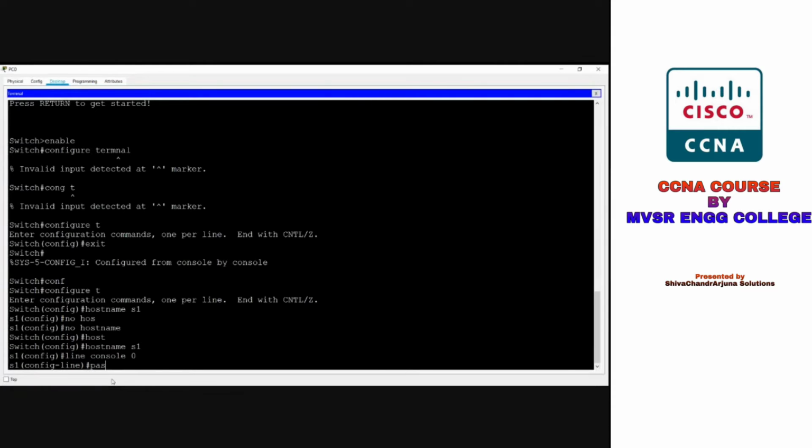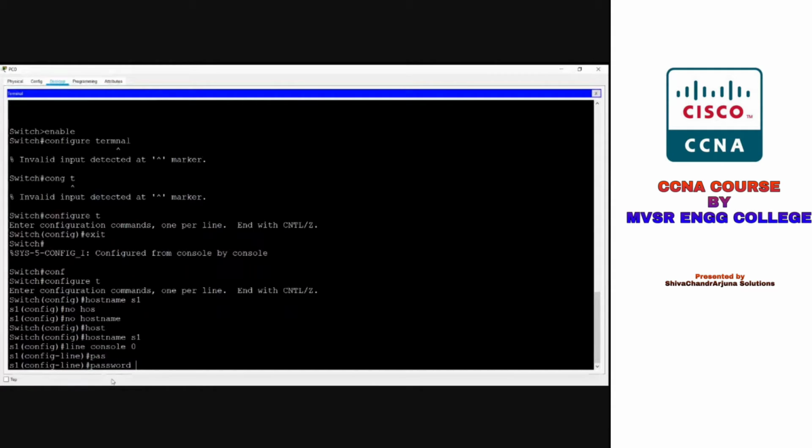Generally we use the password Cisco or class. Two passwords I can use, one is Cisco, one is class here. For this I'm using Cisco. For securing the user executive mode access, the command is line console 0 and the password is Cisco.